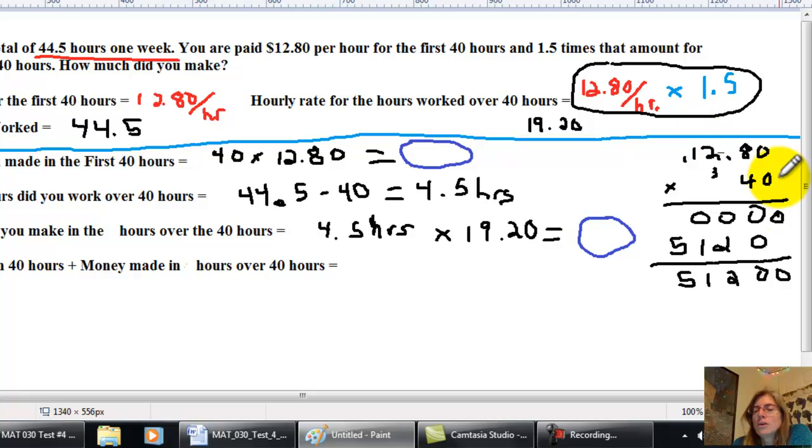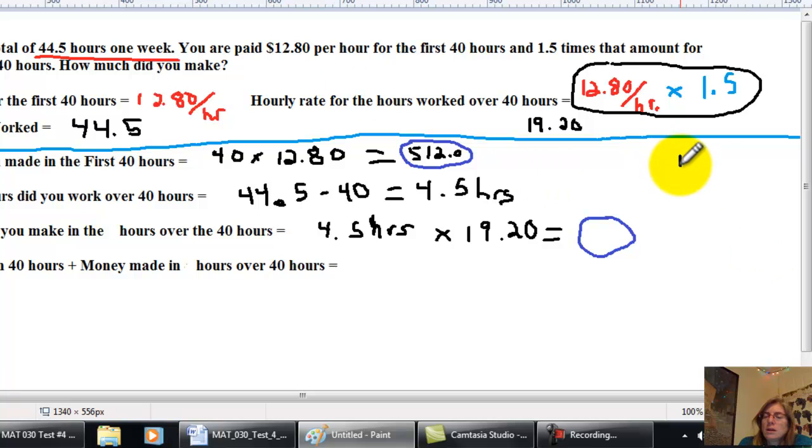Now you have 2 decimal places, so I put it over 2 decimal places, so that you made $512 for this first 40 hours. Alright, now this one, 4.5 times $19.20. Now we're going to calculate, well, what did you make for that extra 4.5 hours that you worked? Multiply that. $19.20